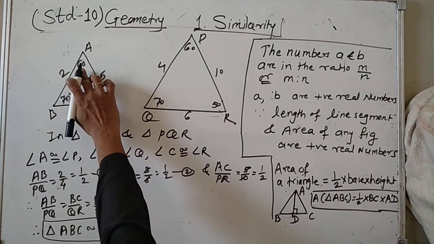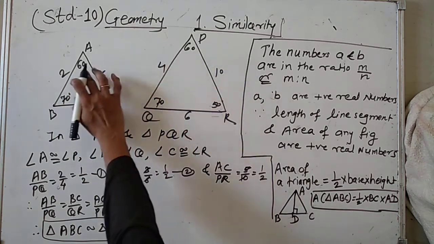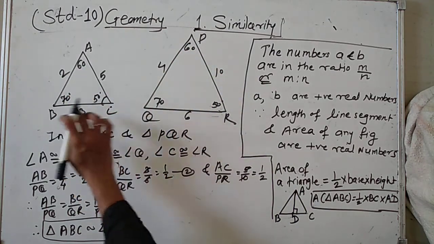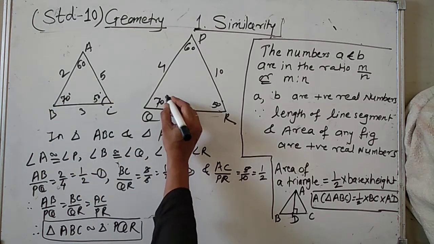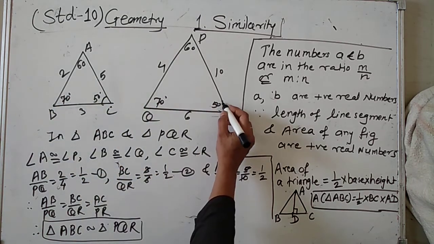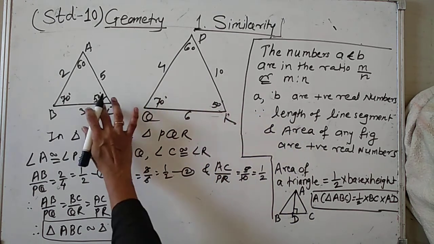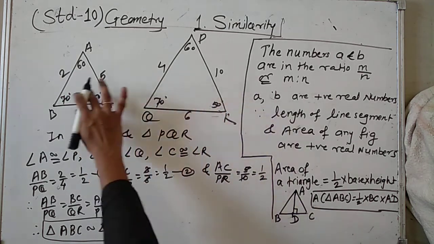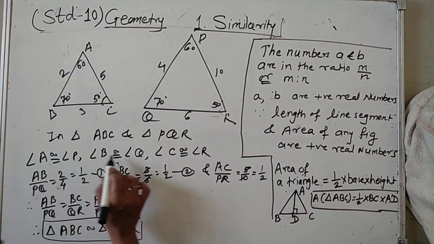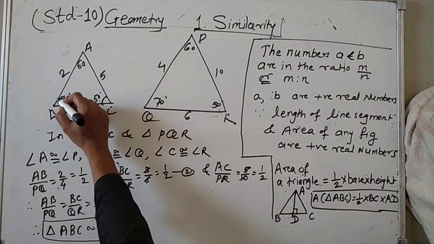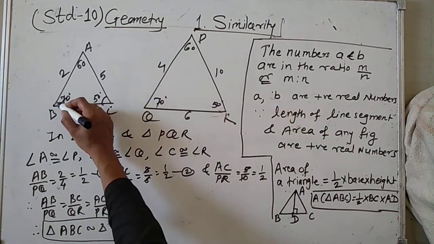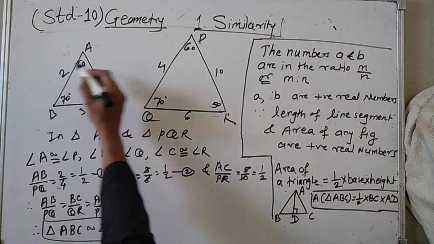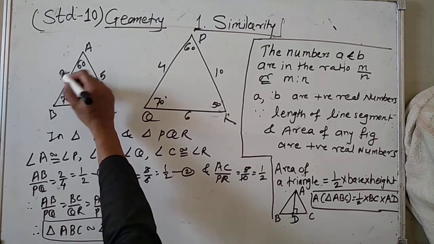When two triangles have congruent angles, angle A congruent to angle P, that is 60 degrees, angle B and angle Q, both are congruent having 70 degrees, then angle C and angle R are congruent to each other, they are having 50 degrees. So when the two figures have congruent angles and their sides are in proportion, that is side AB and side PQ, they are in proportion. The side AB is 2 and side PQ is 4. That is, they are in double proportion.